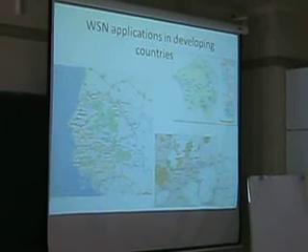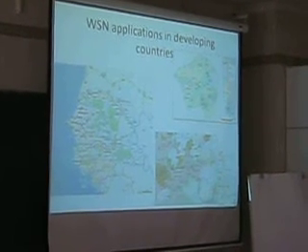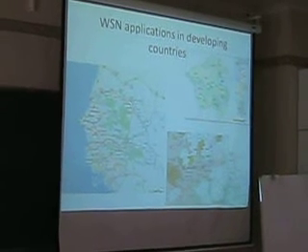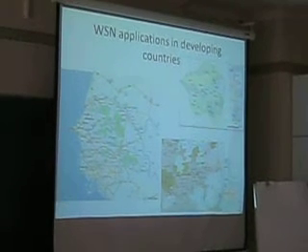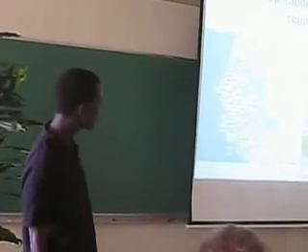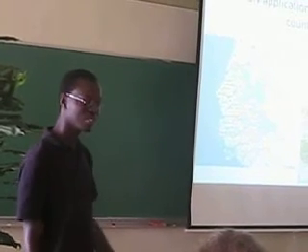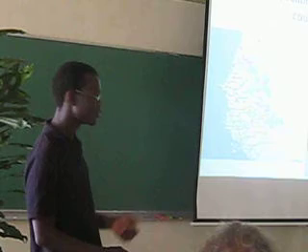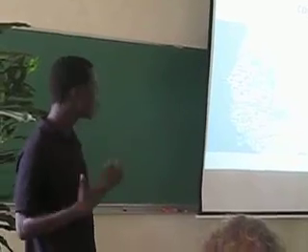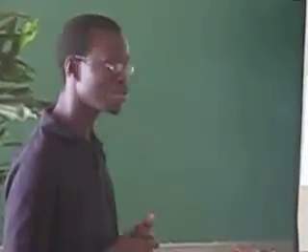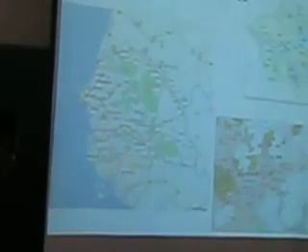So we chose one paper related to a project in Senegal. You can see the map of Senegal, and the problem is we have the sea in the west of Senegal, and in the eastern part of the country, usually it's due to the problem of the rain. Usually it's what we call sub-Saharan Africa. We have this problem of rain. So the problem is how to manage and optimize the pastoral mobility of breeders. So in one part here, this project was in one part here, where breeders have